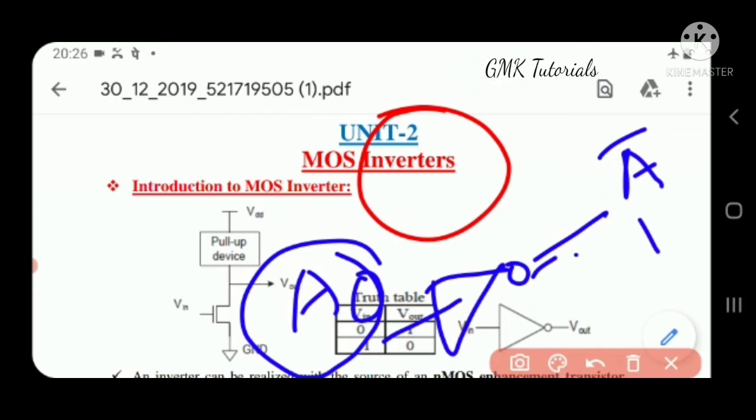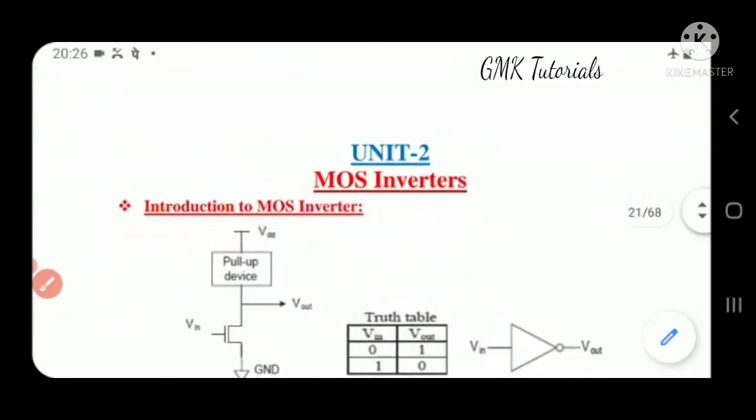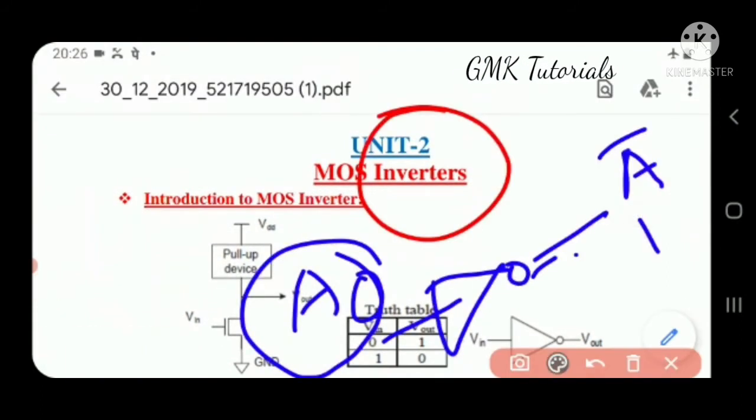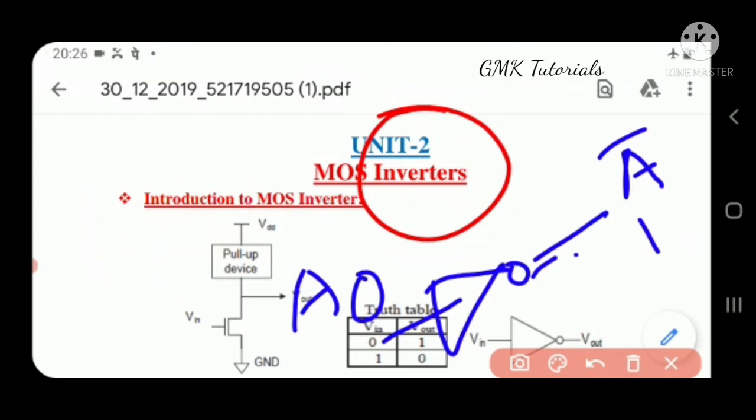Now coming to MOS, what is meant by MOS? MOS means metal oxide semiconductor. A MOS inverter means the devices which act as inverters can be fabricated with metal oxide semiconductors. With the help of a metal oxide semiconductor, we have two types of inverters, that is PMOS and NMOS. Those two act as the inverters in the preceding session, and we will discuss them in later sessions also.